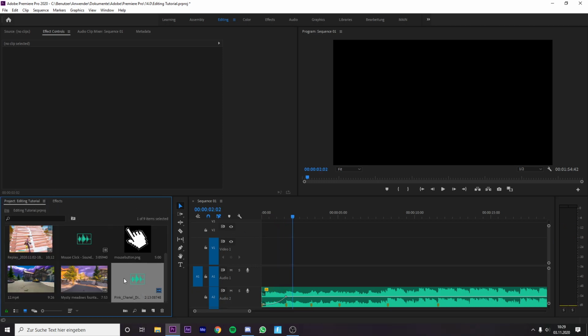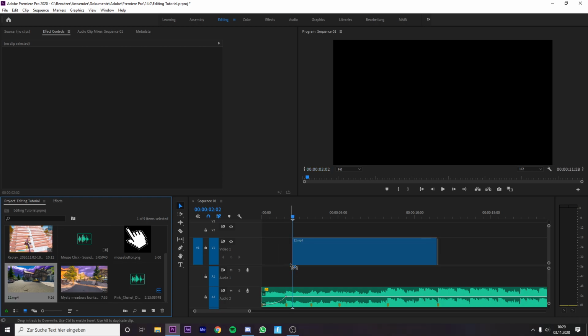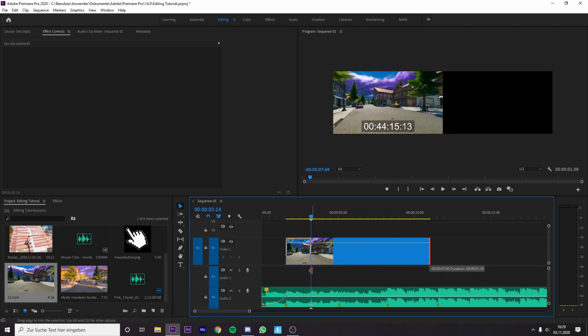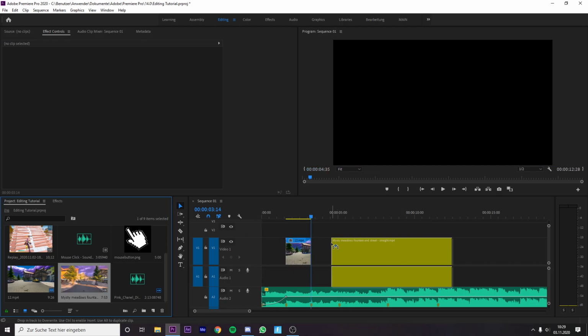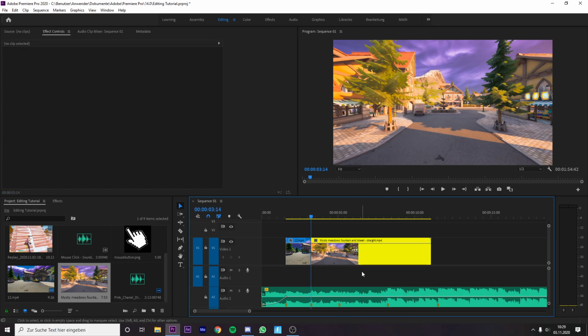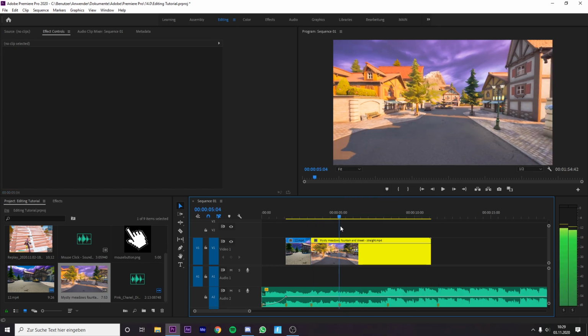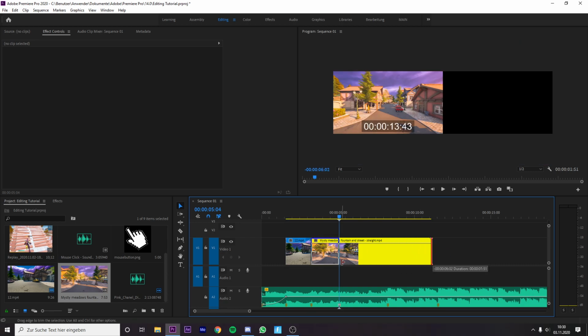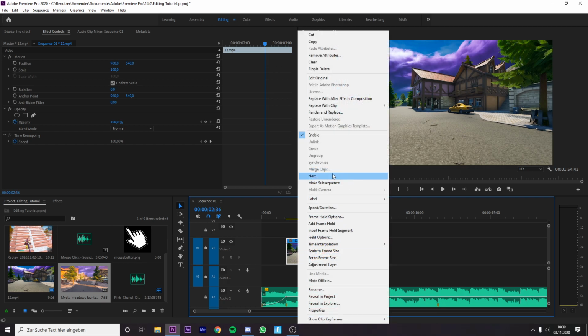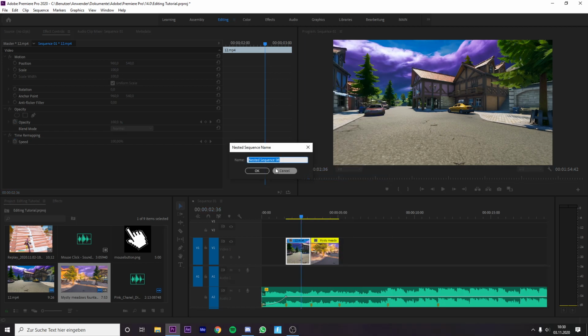Okay, then take a cinematic and put it on your first marker like this. Then trim your cinematic to your second marker right here, and then at your second cinematic unlink and delete the audio track, and then go to your second marker and trim your clip to this. Then nest your clips, your cinematic, sorry, name it cinematic 1,